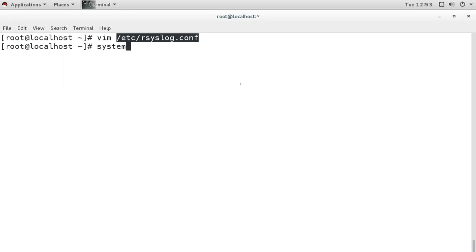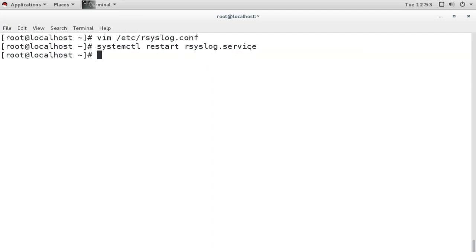So systemctl restart rsyslog service. Because I made changes in the main configuration file of rsyslog, I restarted the rsyslog service to update the changes.